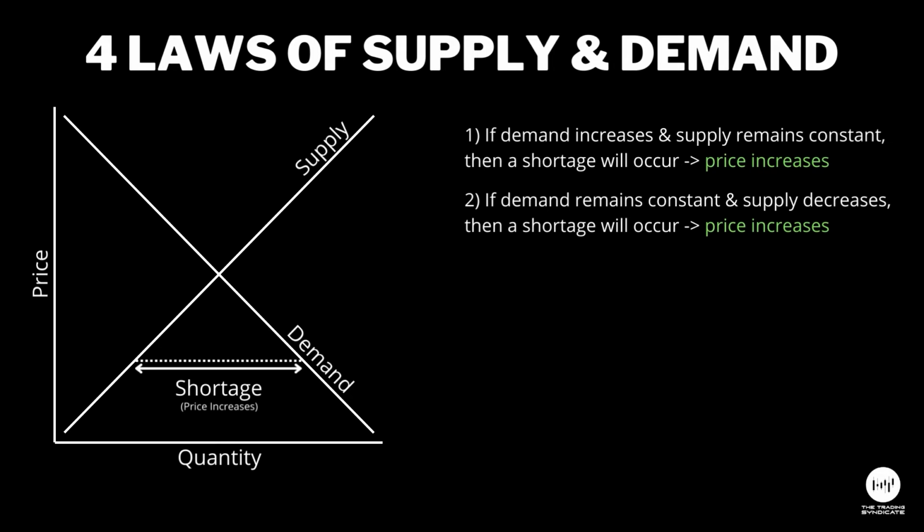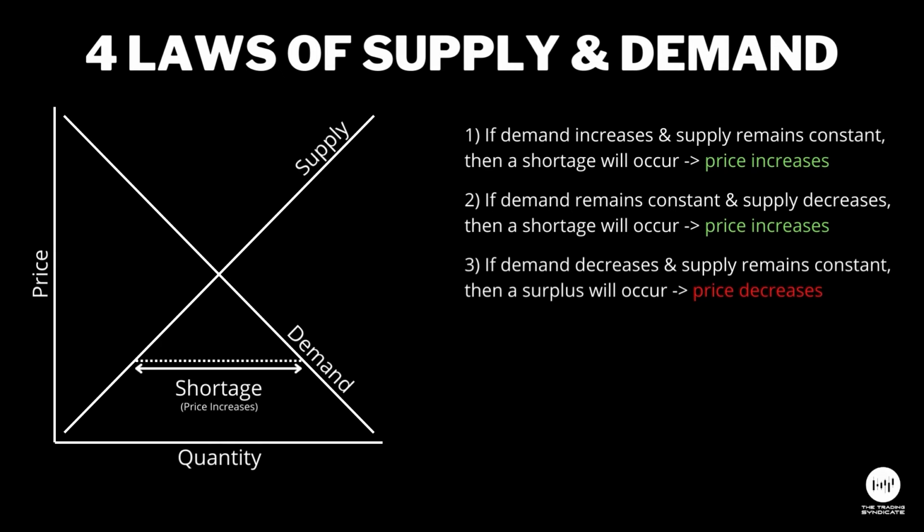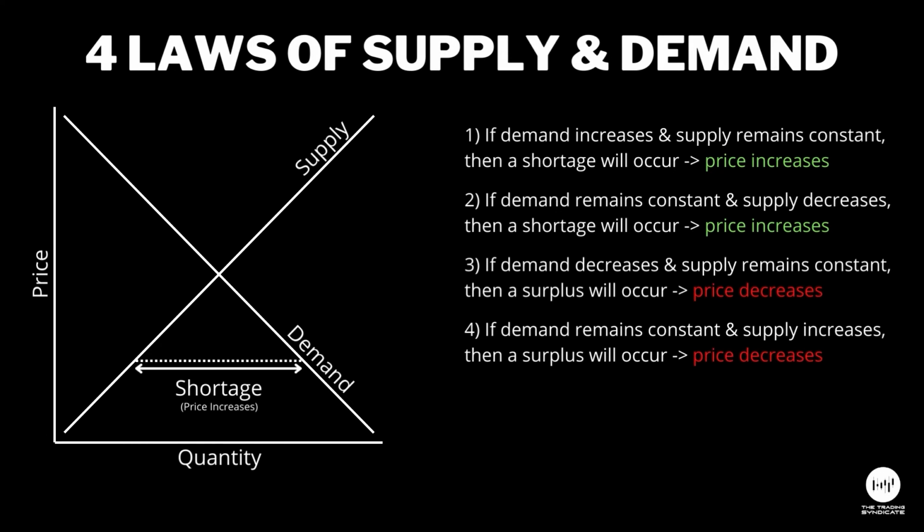The next two laws have to deal with when there is more supply than demand. If demand decreases and supply remains constant, then a surplus will occur where price will move lower. Similarly, if demand remains constant and supply increases, a surplus will once again occur and price will decrease. A great way of understanding a surplus is to think that if there is a lot of something that pretty much anyone can get their hands on relatively easily, then it will be sold for a cheaper price